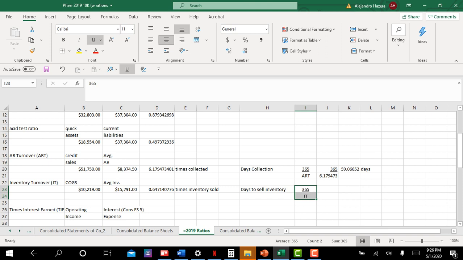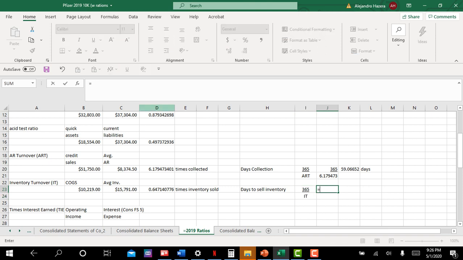It's very rare you're going to get a number like this. But this is going to tell us, we take 365 and divide by the inventory turnover number, which gives us 564 days. So that's telling us that it takes more than a year to sell